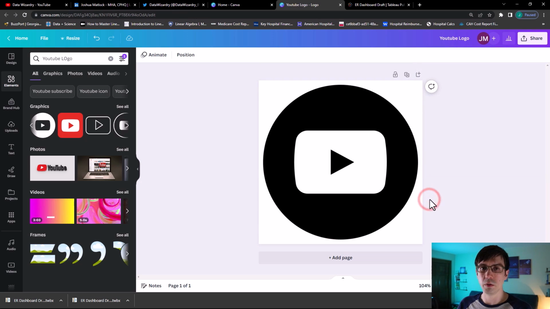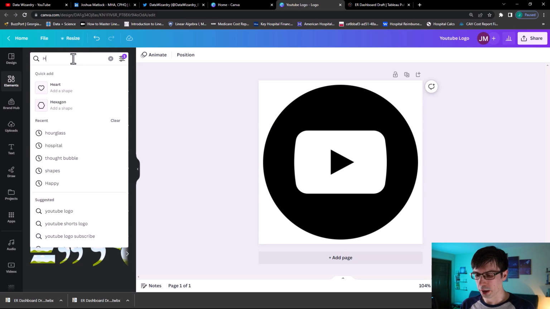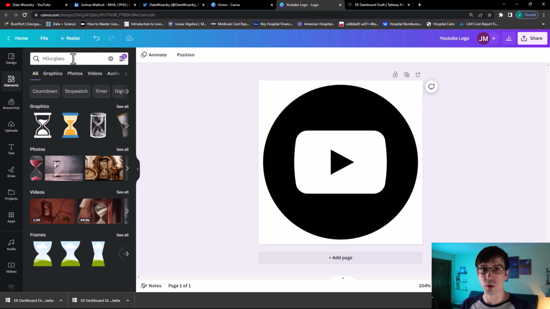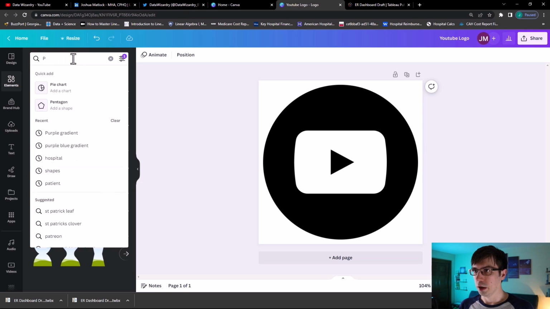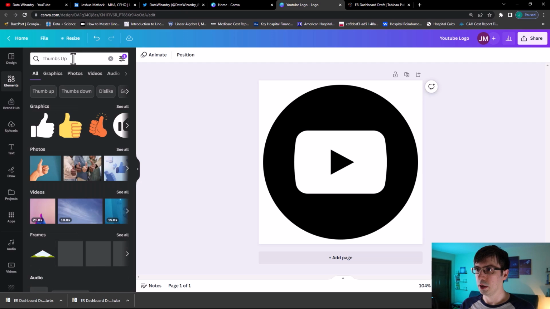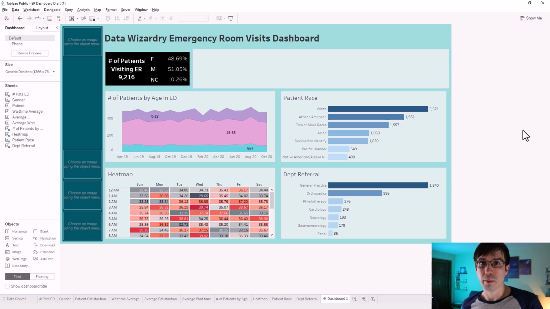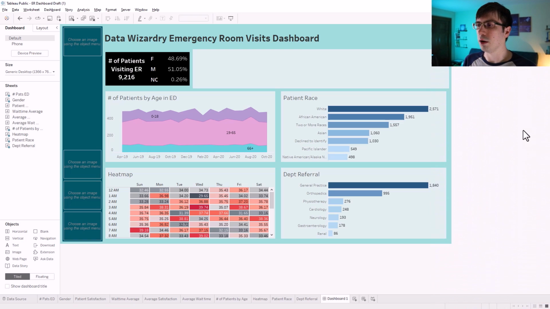But just find all of your icons in canva.com and it will make your dashboard look a lot better and a lot flashier. And if I wanted to find other things like an hourglass shape, for example, for my patient wait time, or a thumbs up for patient satisfaction, I could say thumbs up. You'll see all kinds of icons that you can download and then plug into your dashboard. Moving back to the dashboard that I'm building, I actually already have all of these icons downloaded,